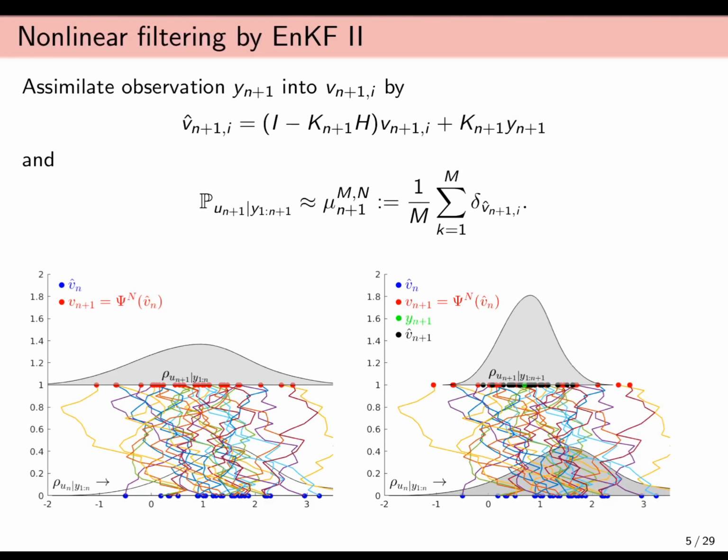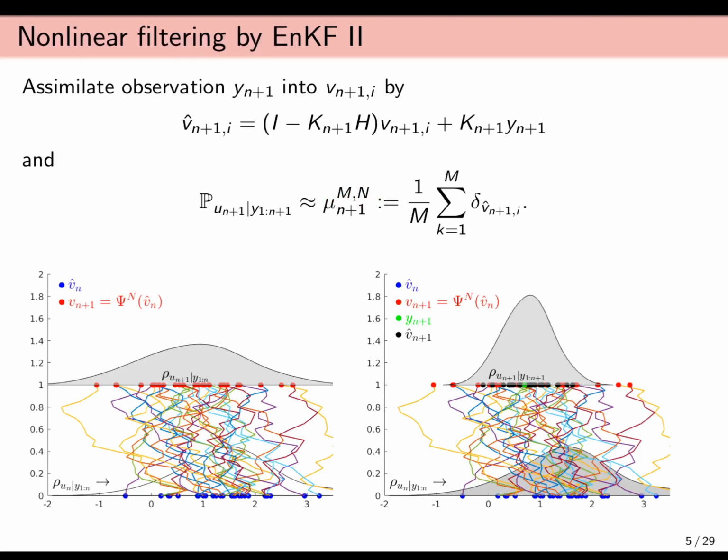And then I can approximate at the end the updated particle filter at time n+1 by my EnKF empirical measure generated from this ensemble. So I weight each particle in the same way, a uniform weighting, and these are Dirac components for each particle. Let me also say something about my empirical measure notation there for EnKF. It has 2 degrees of freedom: m is the ensemble size and n is my numerical discretization parameter in the dynamics.